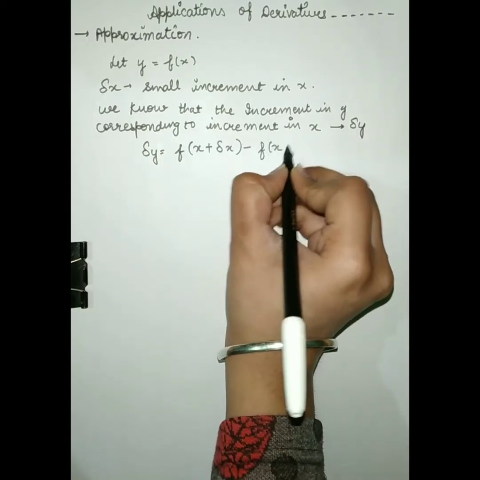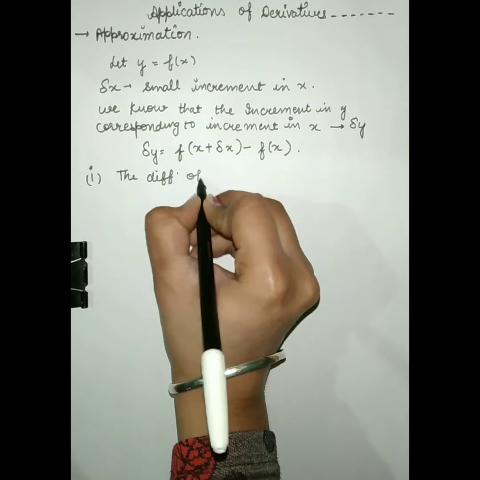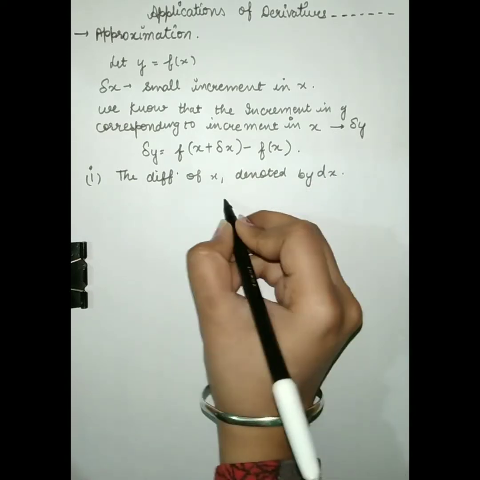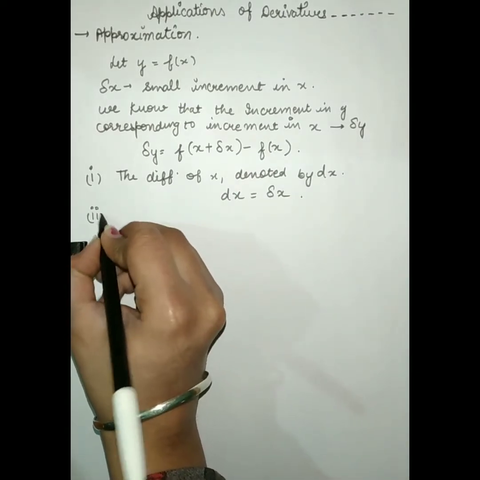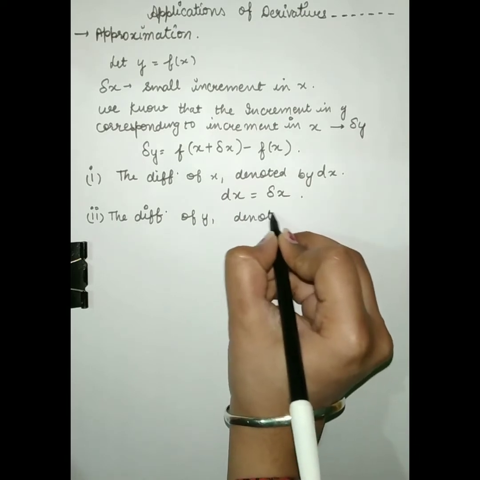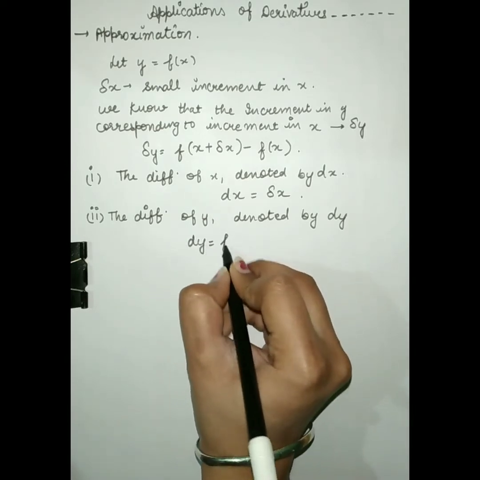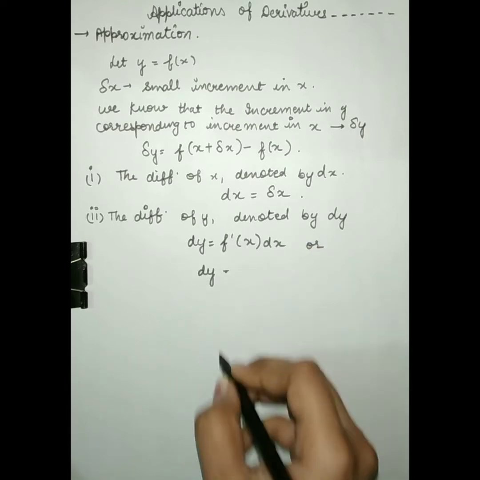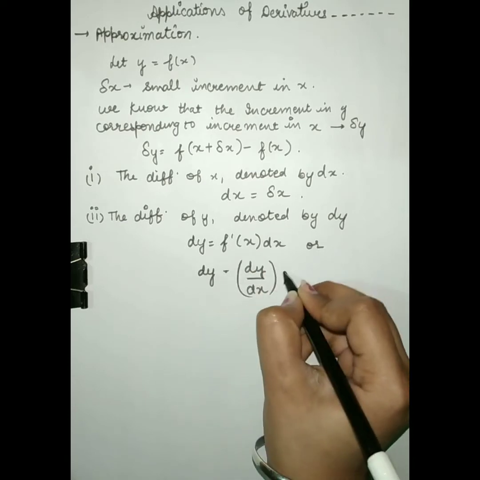f of x, and it is defined as, first, the differential of x is denoted by d of x, and it is defined by d of x equals del x, and secondly the differential of y is denoted by dy, and dy will be equal to f dash of x into dx, or dy can also be written as dy upon dx into d of x,